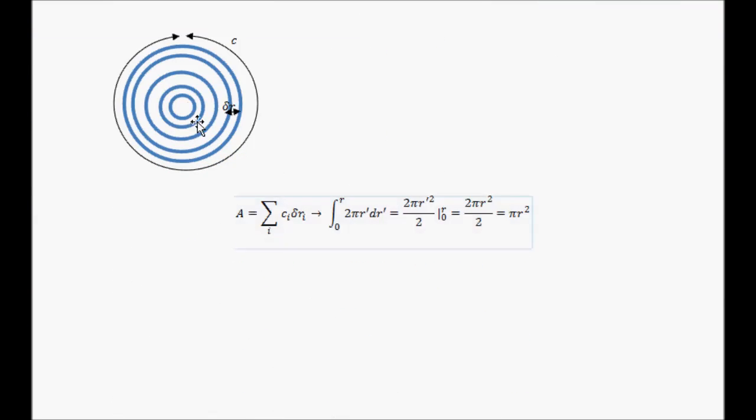Well, the area of an individual strip. Let's start with this strip. What's the area of this strip? It's the circumference. Let's say the outer circle. It doesn't really matter because the circumference is basically the same for the inner and the outer. Remember, these are rectangles. So it's the circumference, which is of course the length of the rectangle, multiplied by the width of the rectangle, which is this tiny little increment in